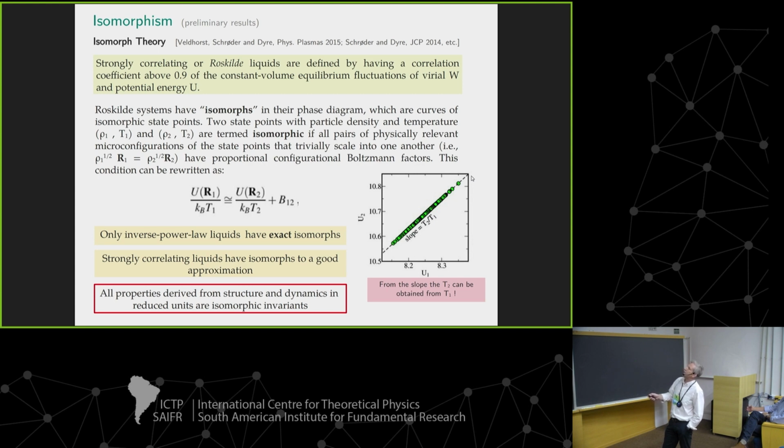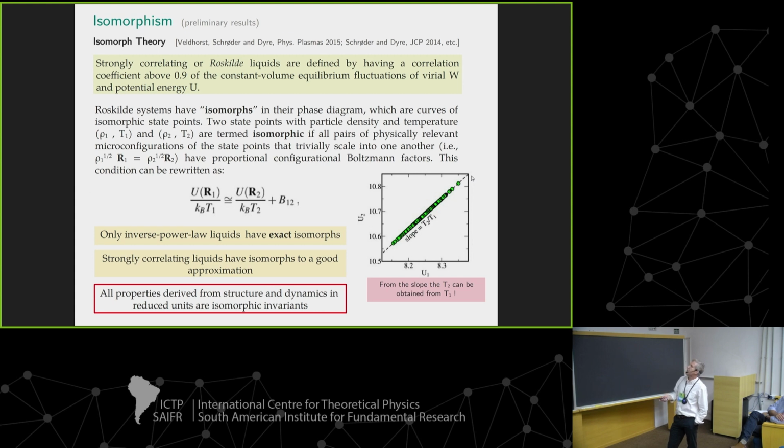If you scale them with the square root of the number density, you get the same Boltzmann factor. So you end up with the same entropy, the same correlation functions. Everything is mapped, so you end up with, instead of a 2D phase diagram, just a 1D phase diagram when